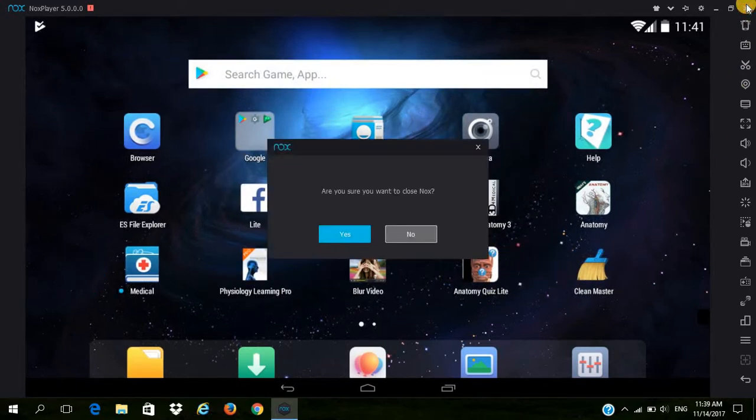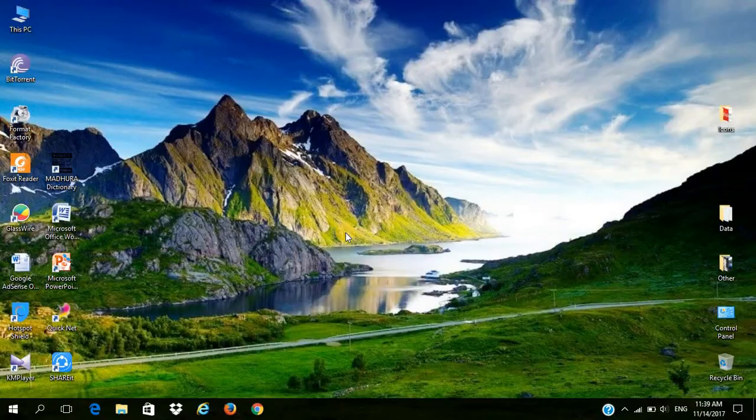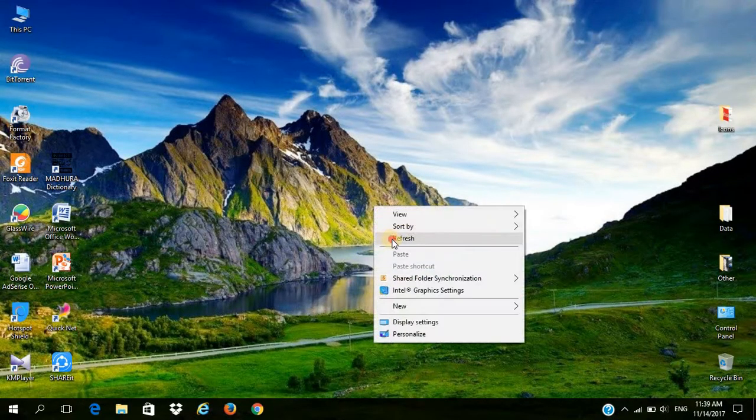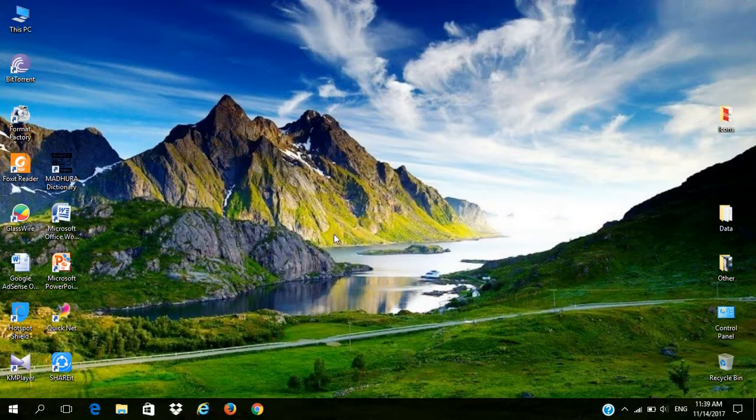You can simply close it like this, and now you are back on the Windows operating system. You can easily use that app player like software, and easily manage any app from it. So try it. Thank you for